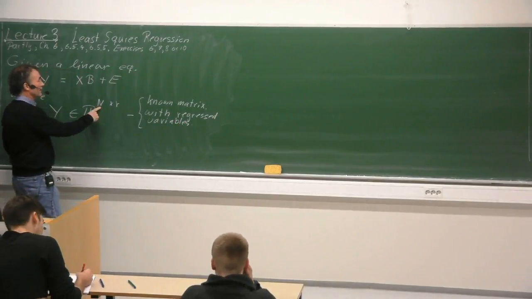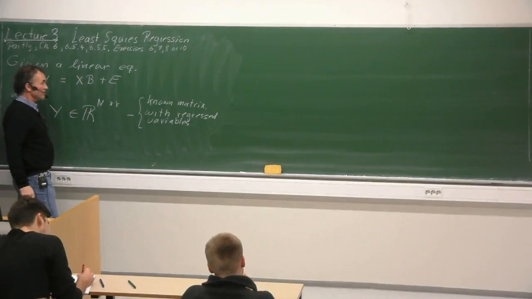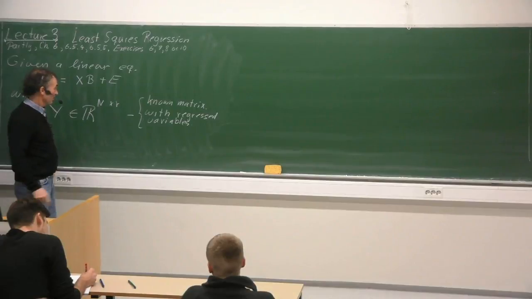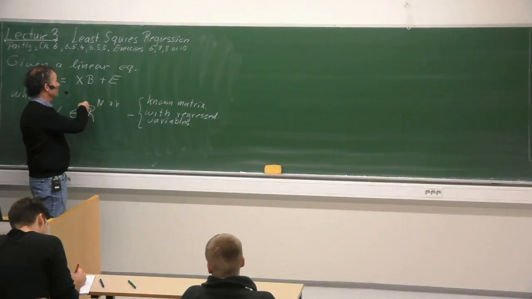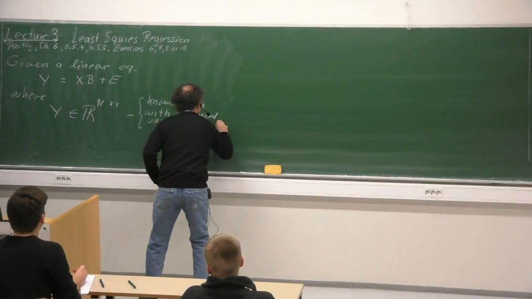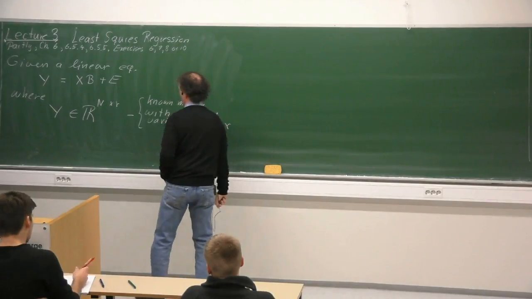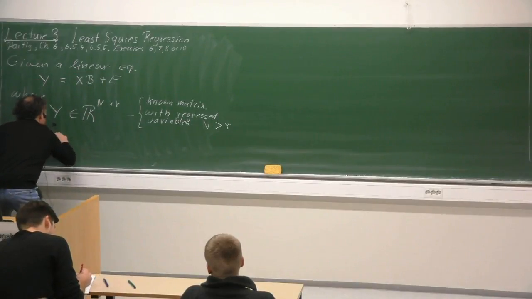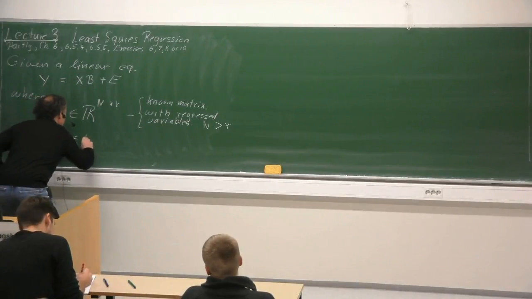Usually we assume that the number of observations n, or this number of rows, is greater than the number of columns. We assume like this. And this data matrix X is then